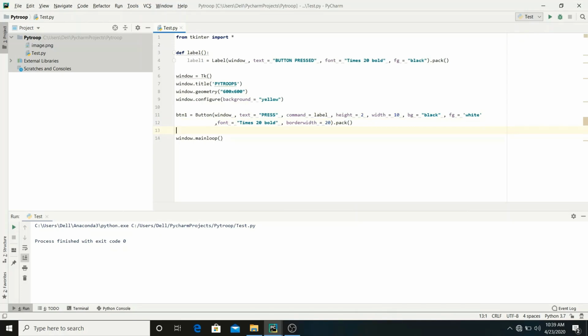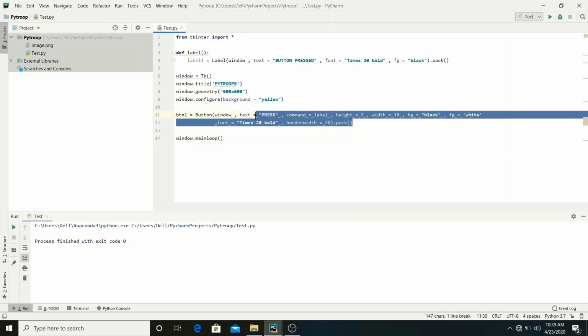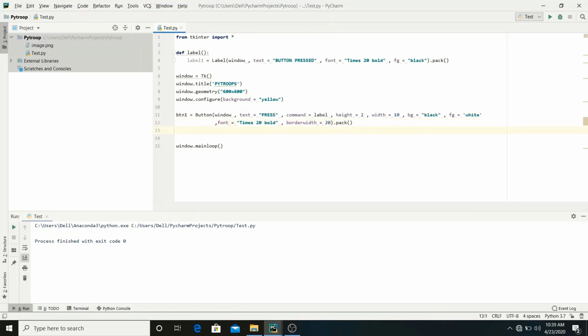Now if you want a picture on your button, you can also do it. Just quickly make another button, let's say btn2. Let's just quickly copy this one, copy and paste here, change the name to button 2, here btn2. Now we don't need text here. Let's just remove all these parameters because we want a picture as a button. Let's just remove them all, remove these as well.